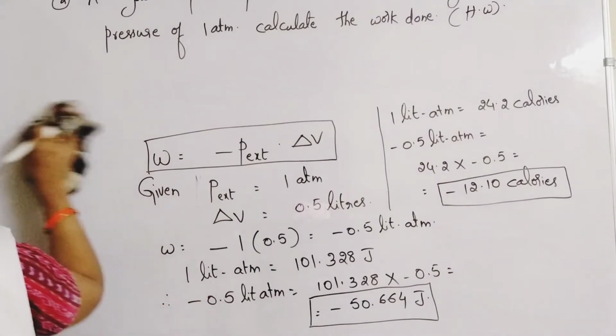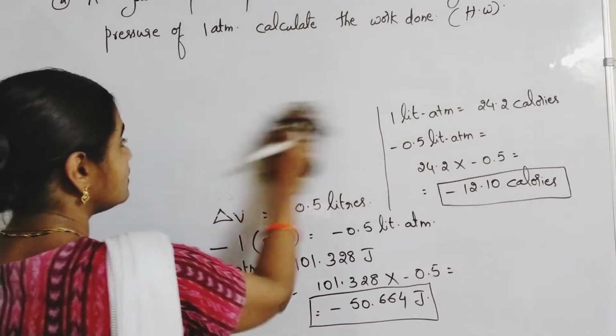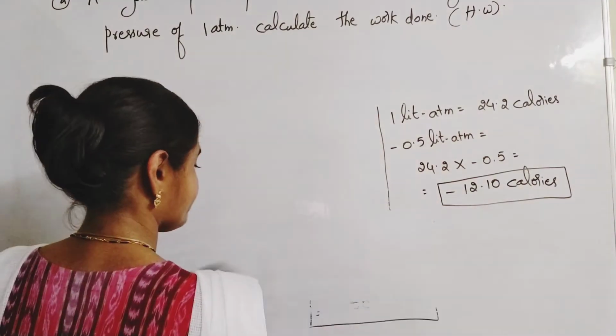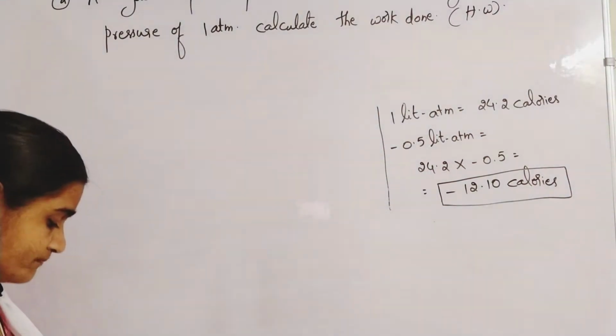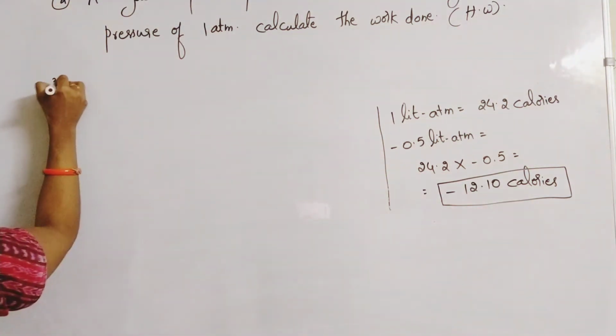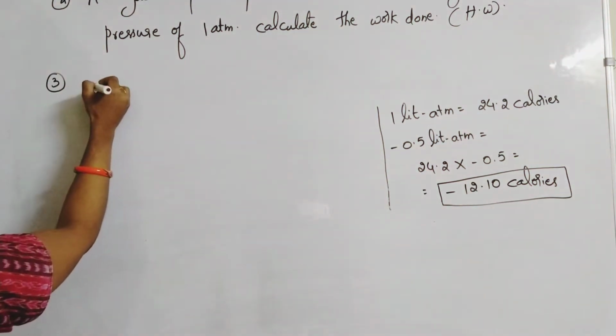I am moving on to the third question. One diagram is given. Question number 3. The diagram shows a PV graph